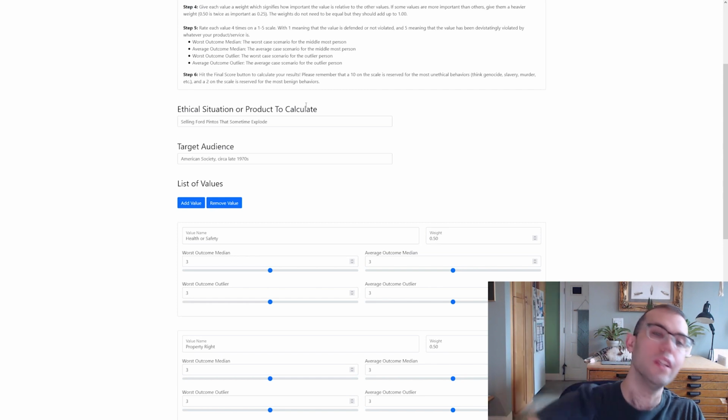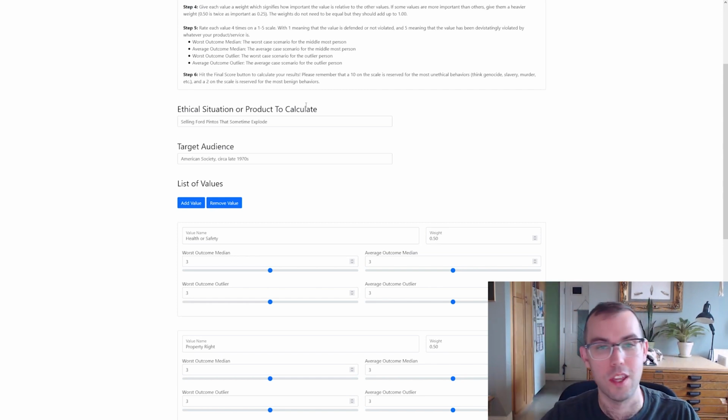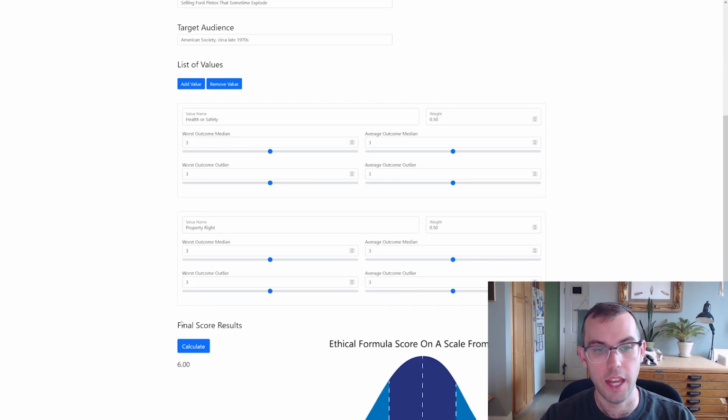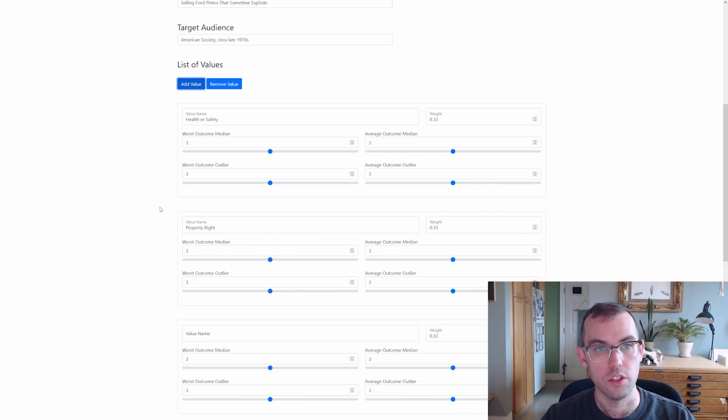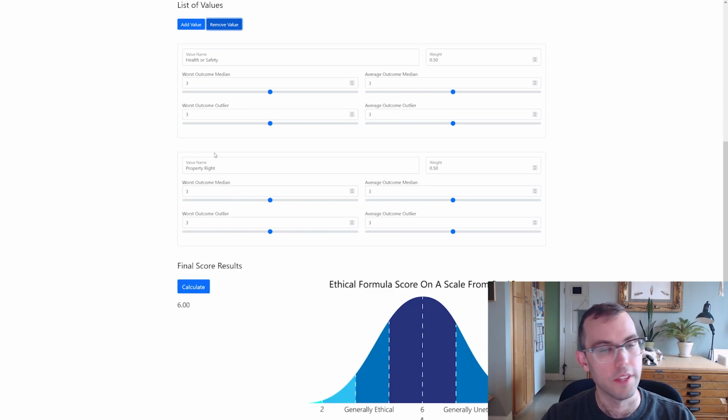Obviously, if you had the complete list of your target audience, the persona with all of their values that's important, that's going to be more accurate, but sometimes you don't have time. Okay. I should just note, if you accidentally add too many values, you can always hit the remove value button to remove the latest value that you've added. I'll demonstrate that there, right? So it's like, I don't actually need that one, so we'll get rid of that.